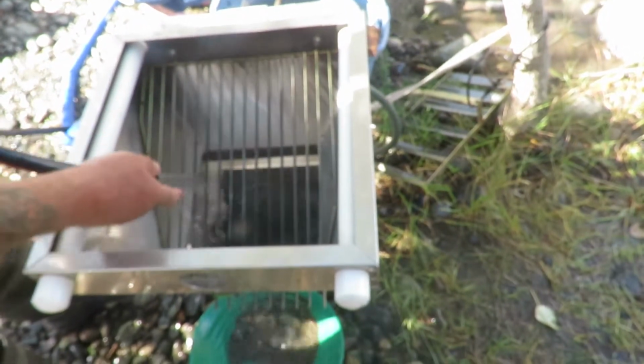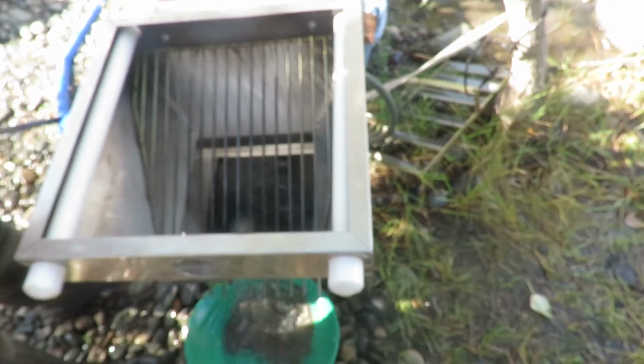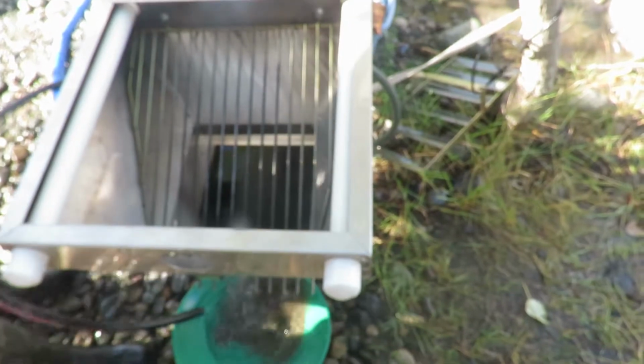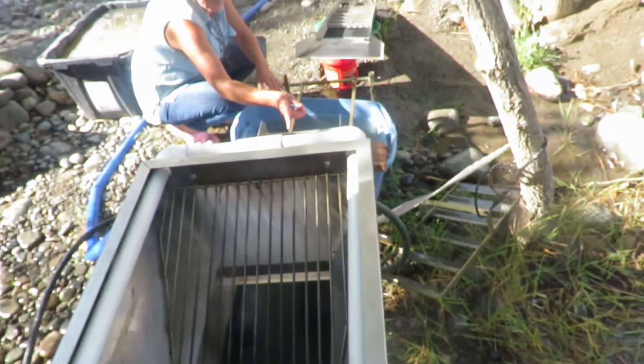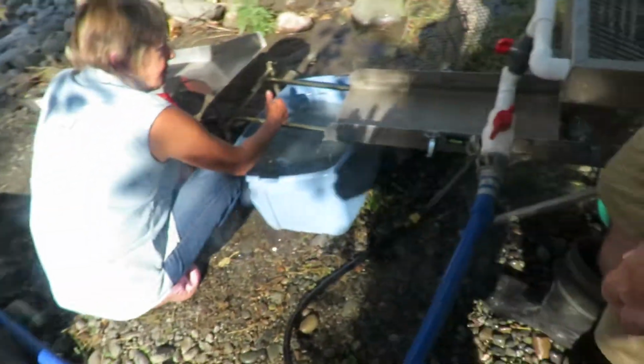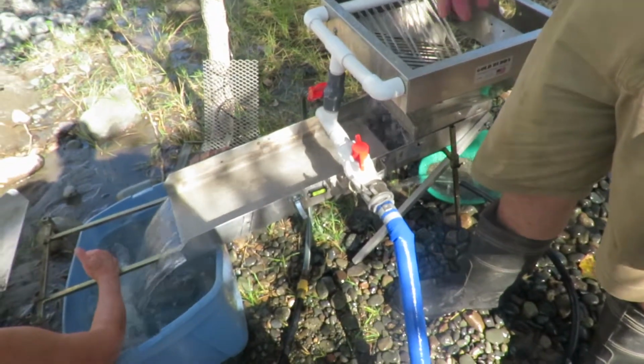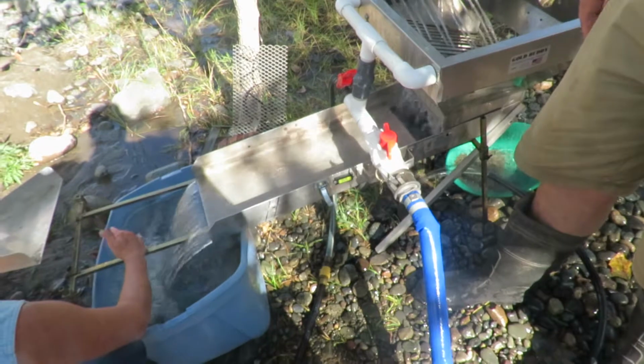Okay, so I'm going to assume that I have all the gold out of it. There may be 1 or 2 pieces stuck in there still, but they'll be there the next time. Okay. It's still coming down here. So that's okay. So what I'm going to do now is just turn this back on. And you'll see that now we're just washing anything that was residual coming